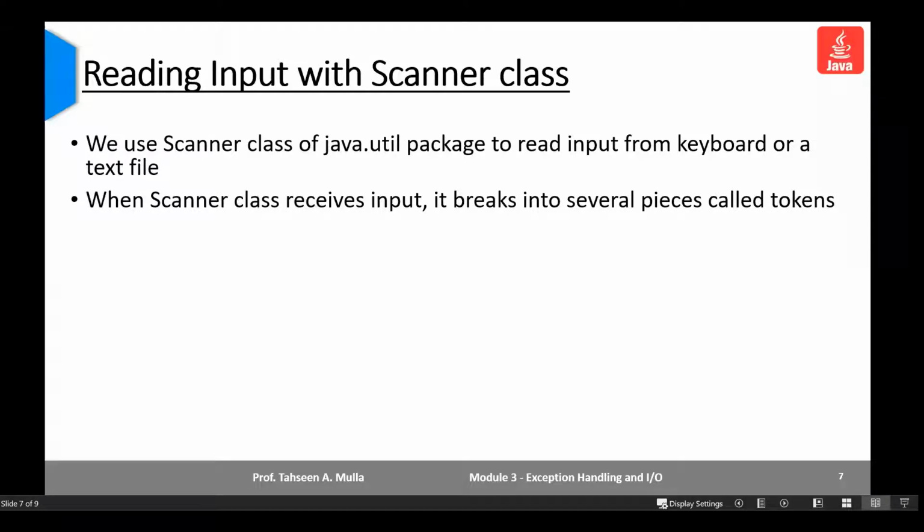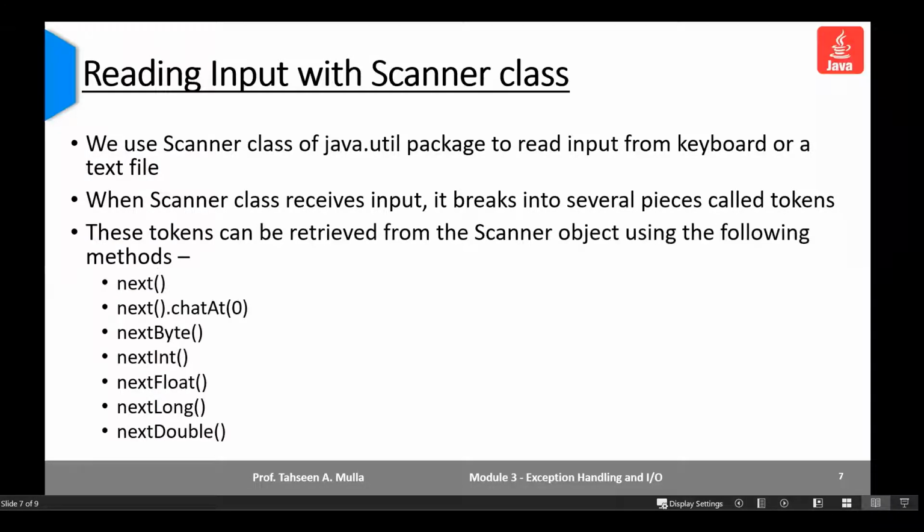These tokens are received through the Scanner class, and we need to have those tokens divided into different parts, and again combine them into a single file.